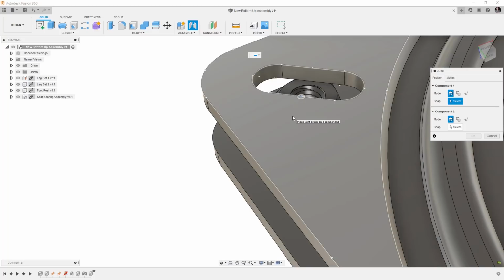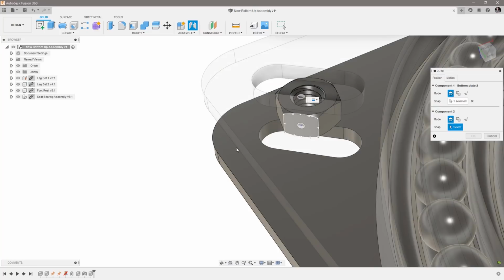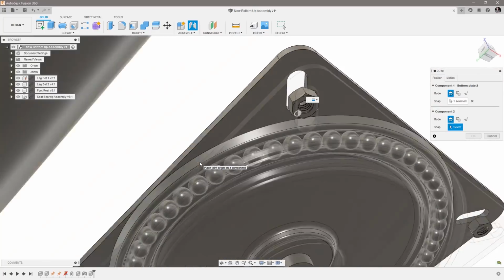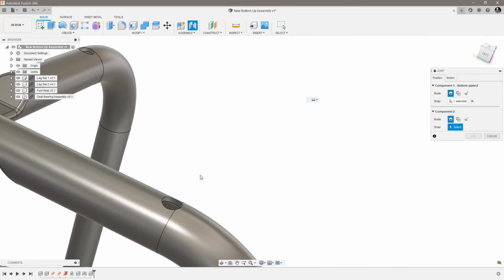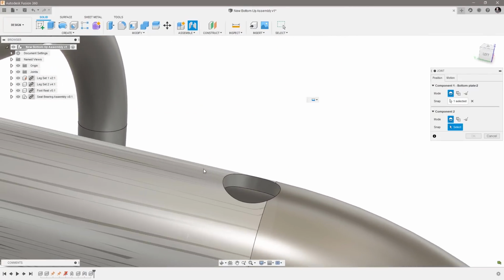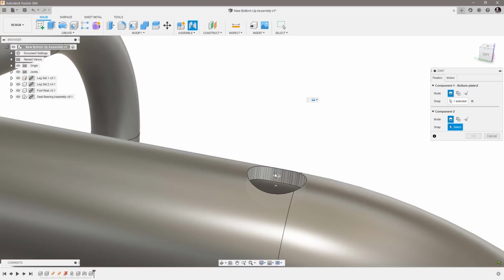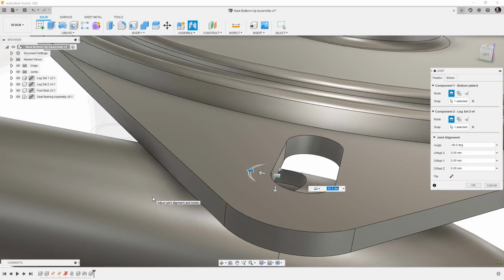Now, I could cheat, and I'm going to show you that. You don't have to insert a joint origin. If I select this point right here, and then go over and select the center of the stool, like this,